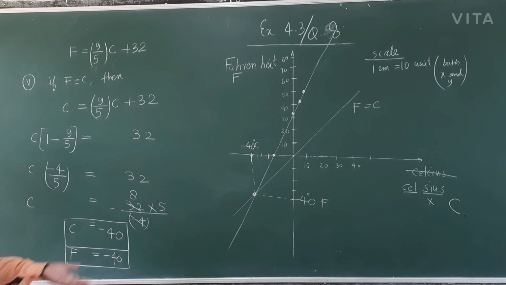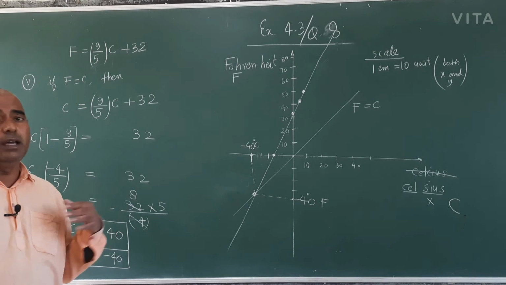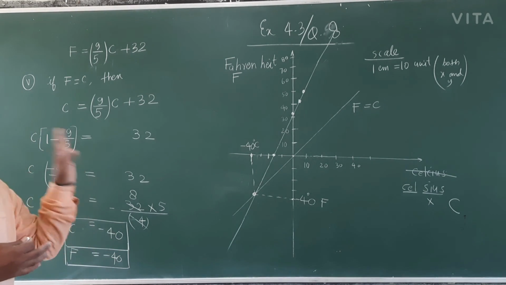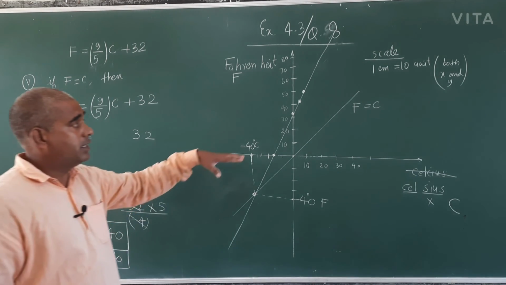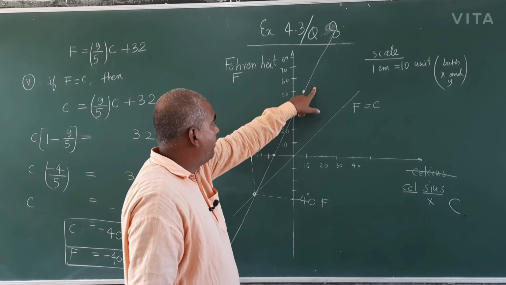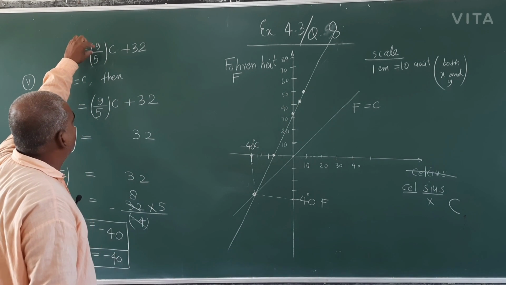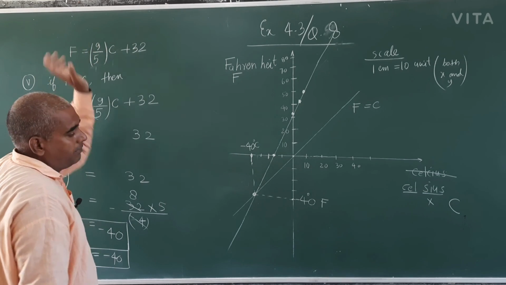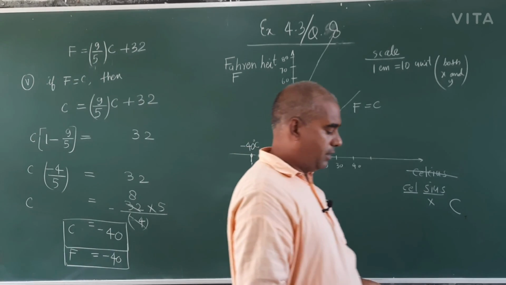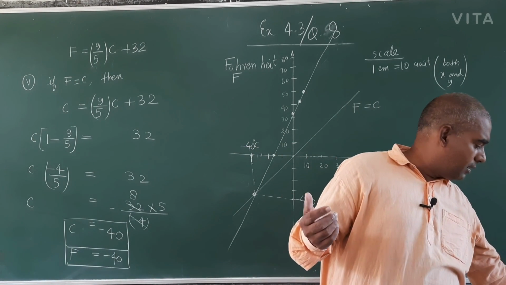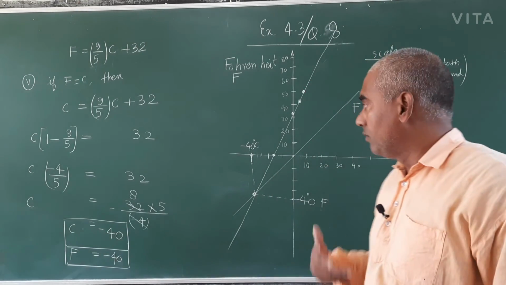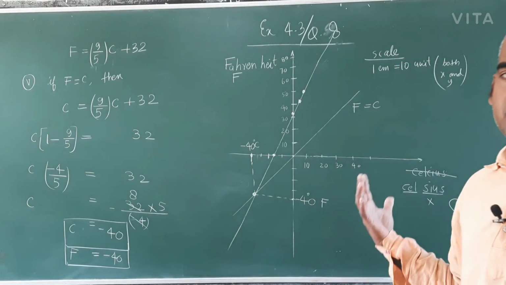There are some more things I want to tell you about this question, and I will try to make an extension part of these questions. The question is very interesting. The direction of the line is defined by the coefficient of F or C, meaning y and x. I will make an extension part of this video, so you must see it.